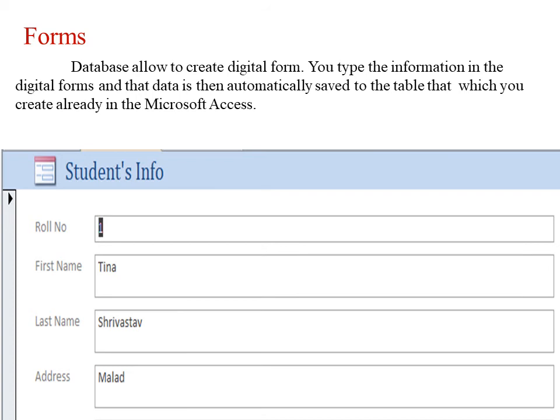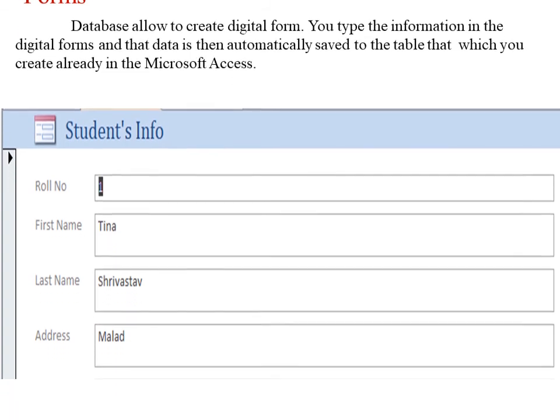It means first of all we have to create the table. If we can't use it column wise, at that time we use the form element to enter our data in the database.